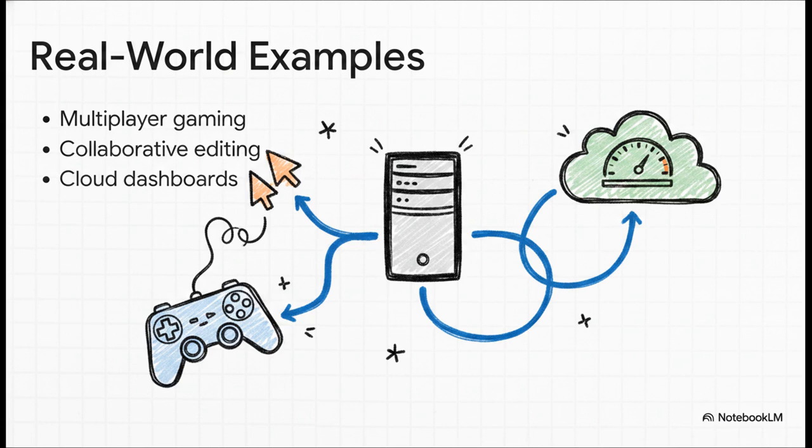Honestly, the use cases are everywhere. In online multiplayer games, you need constant updates for player positions, movements, health status. All of that requires incredibly low latency. Or think about collaborative editing. When you see your coworker typing live in a Google Doc, that server is pushing updates continuously so everyone stays perfectly in sync. Even modern cloud dashboards on AWS or Azure use this exact same tech to stream live infrastructure